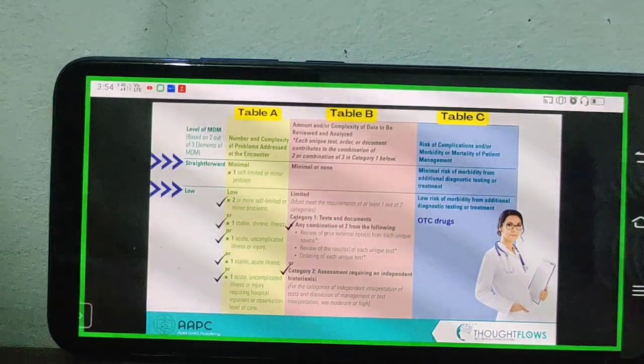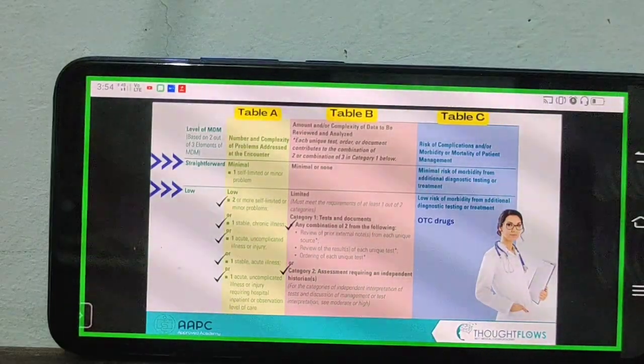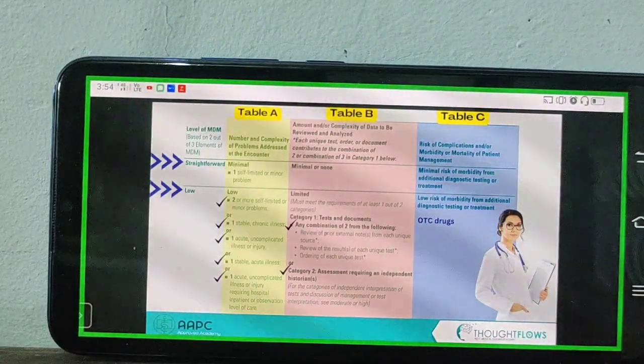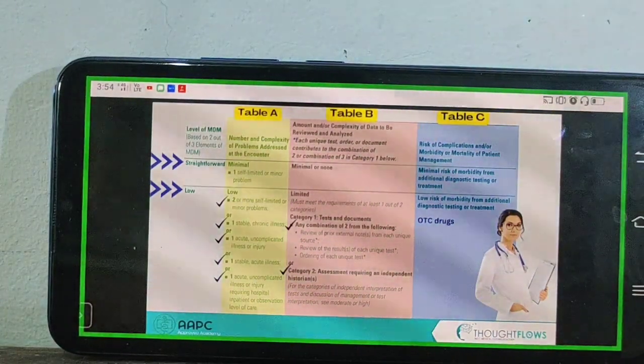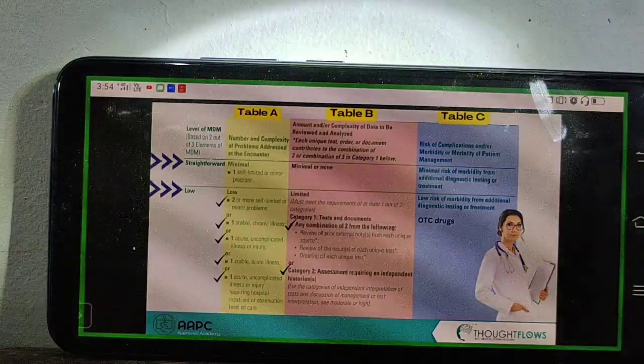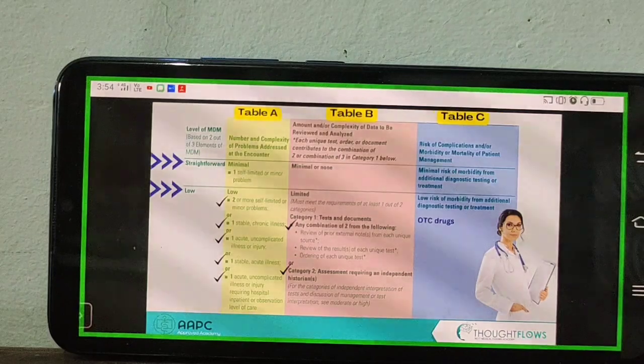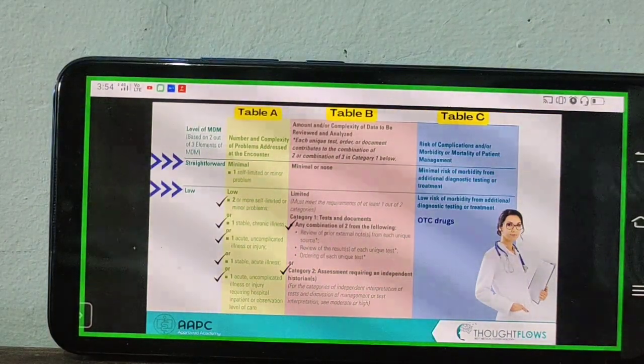If a patient has only one self-limited or minor problem, that leads us to straightforward. Suppose 2 problems, cold and cough, or fever and cold: 2 problems lead us to low MDM. Or